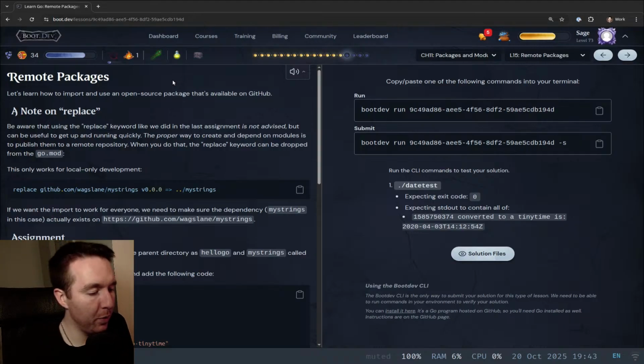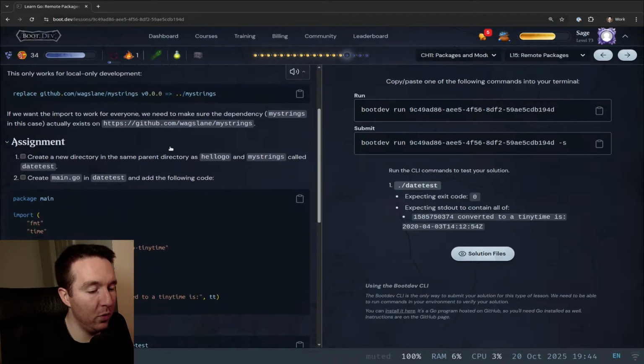So a note on replace. Be aware that using the replace keyword, like we did in the last assignment, is not advised, but can be useful to get up and running quickly. The proper way to create and depend on modules is to publish them to a remote repository. When you do that, the replace keyword can be dropped from the go.mod. This only works for local only development. If we want the import to work for everyone, we need to make sure the dependency, mystrings in this case, exists on